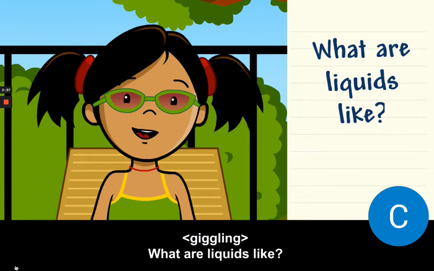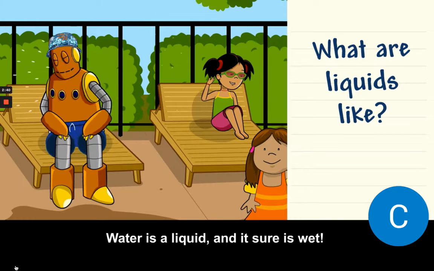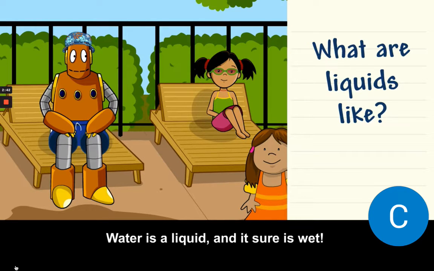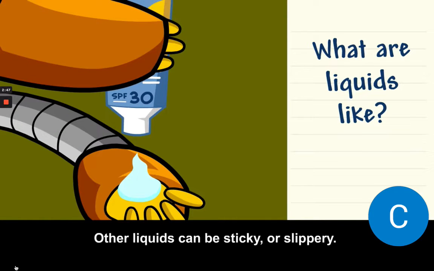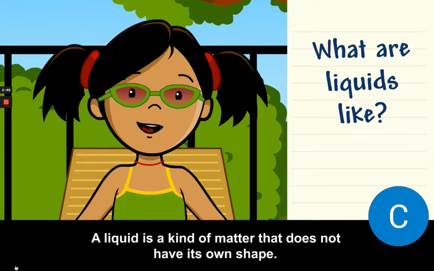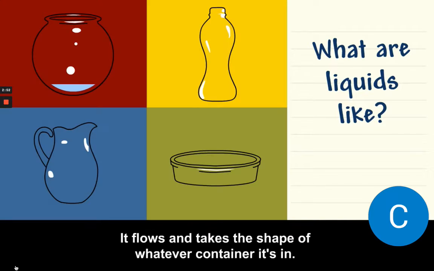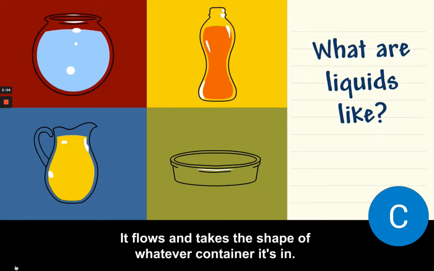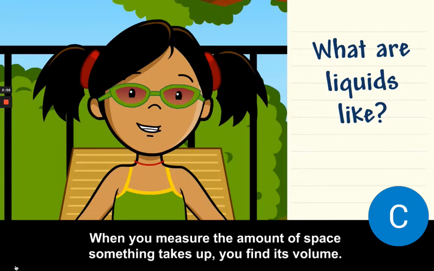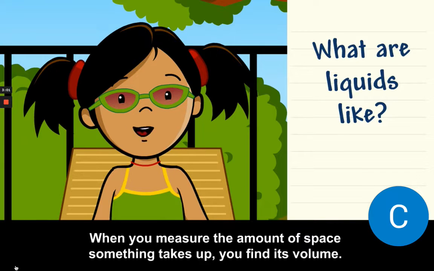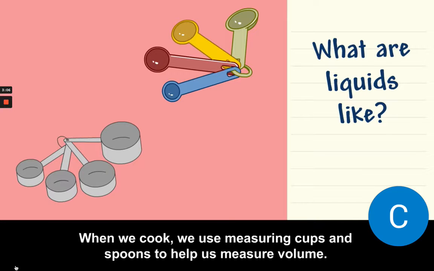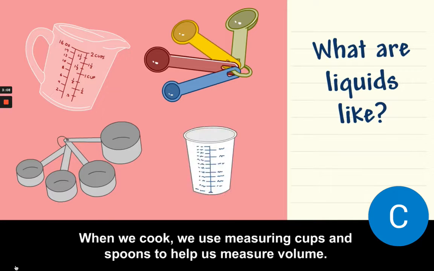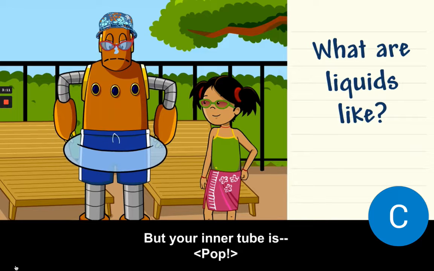What are liquids like? Water is a liquid, and it sure is wet. Other liquids can be sticky or slippery. A liquid is a kind of matter that does not have its own shape. It flows and takes the shape of whatever container it's in. When you measure the amount of space something takes up, you find its volume. When we cook, we use measuring cups and spoons to help us measure volume. But your inner tube